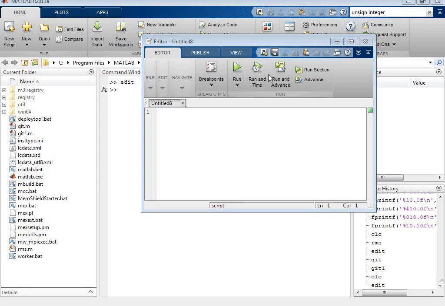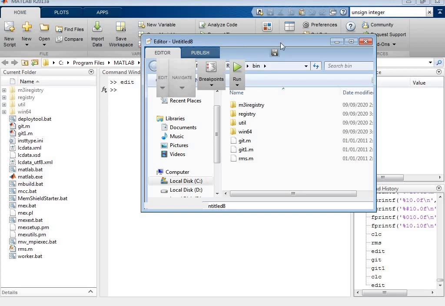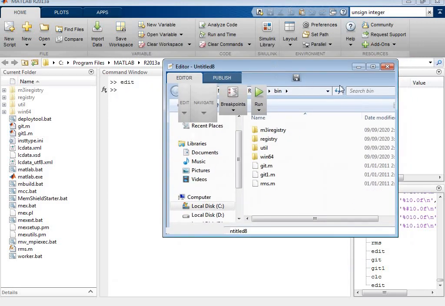When you save, it will ask what the file name is, and the save as type is MATLAB with the .m extension. If I write Samir here, then the file name will be Samir.m. I will cancel this saving editor.